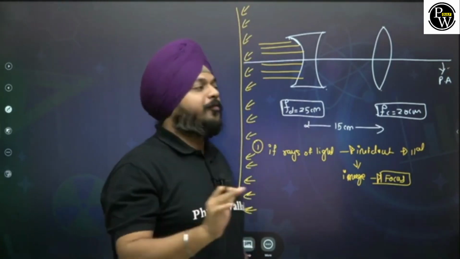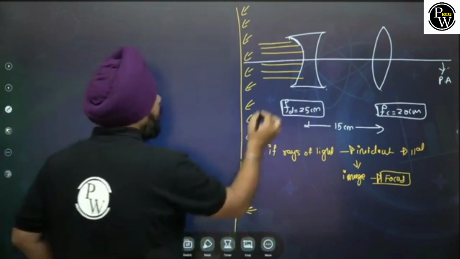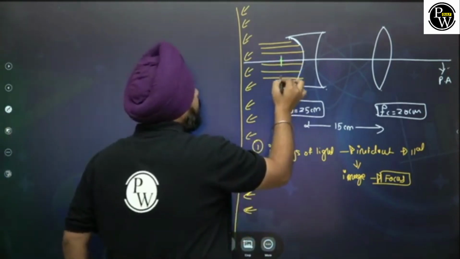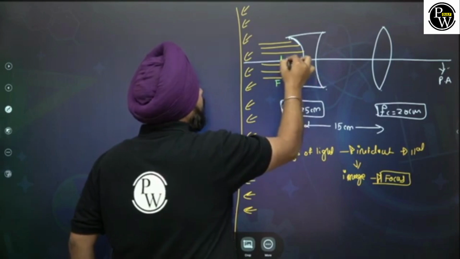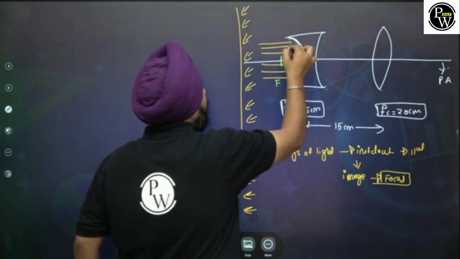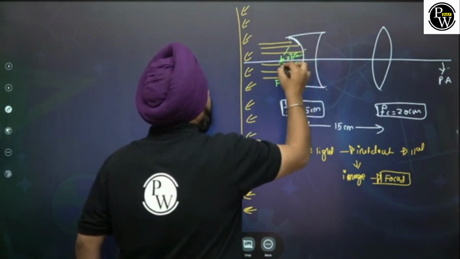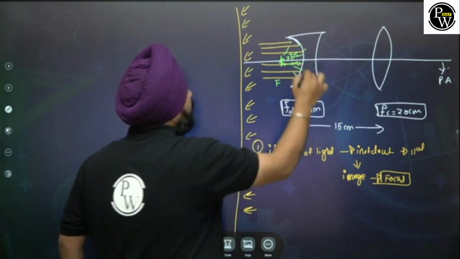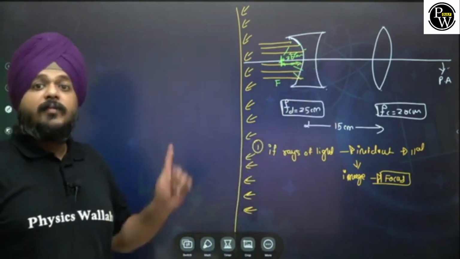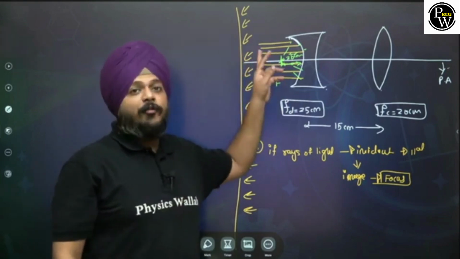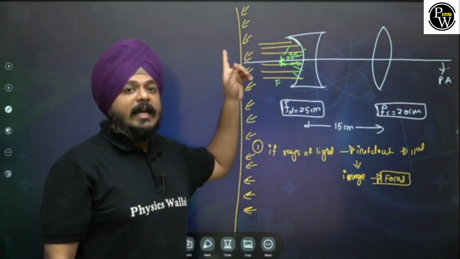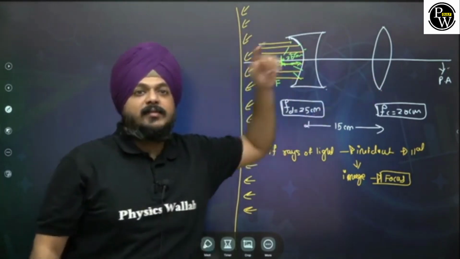Image is going to form at focus. So should I note it down? Yes. The first image will form at focus, right? So it means that this image distance is going to be 25 centimeter, right? Like this way, the image will be formed at focus, right? Now, the image that has been already formed on the focus will act like an object towards the another lens,